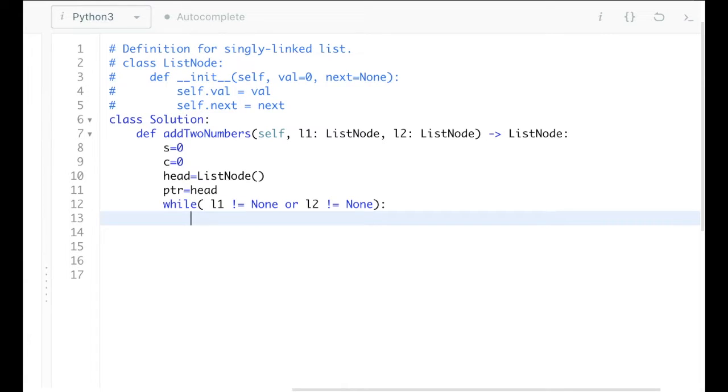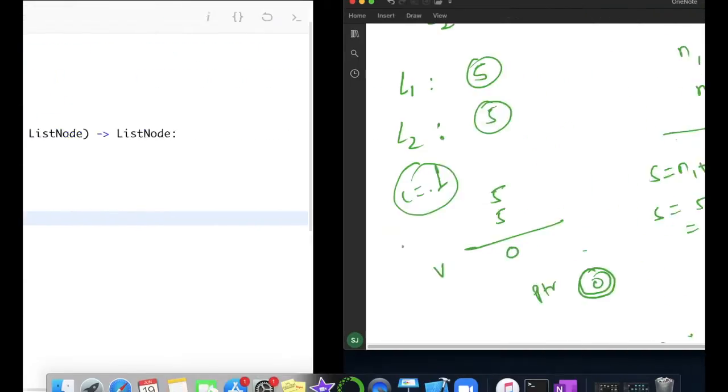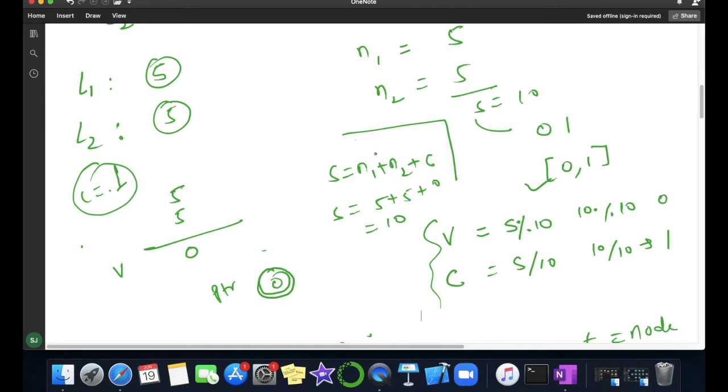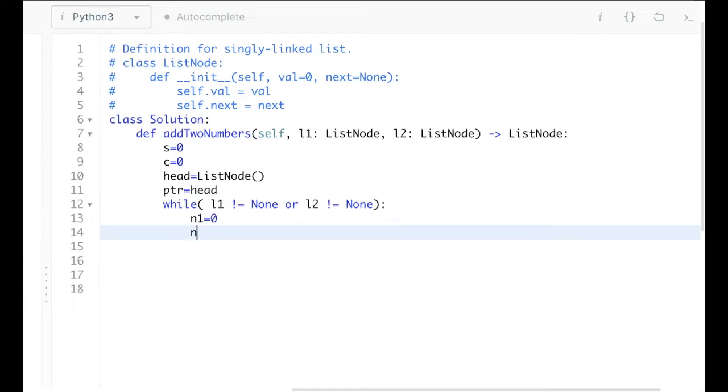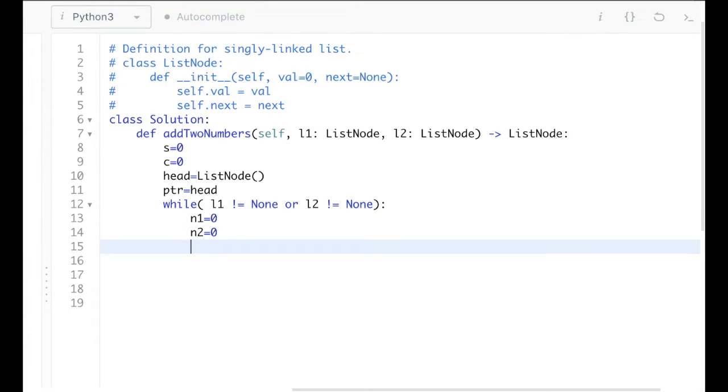So we will check. Now we will take two variables n1 and n2, and let us initialize n1 equal to 0 and n2 equal to 0. Now we will check if n1 not equal to none.